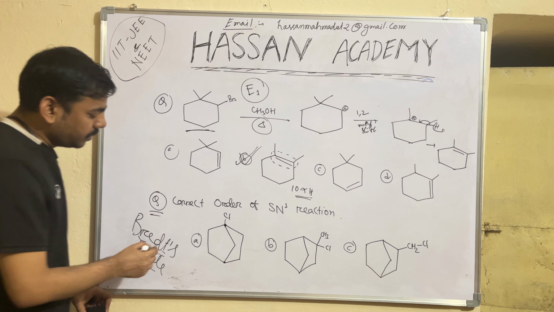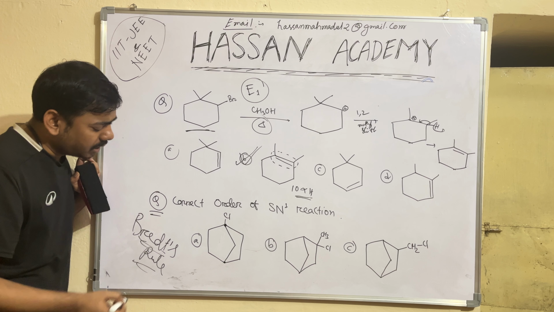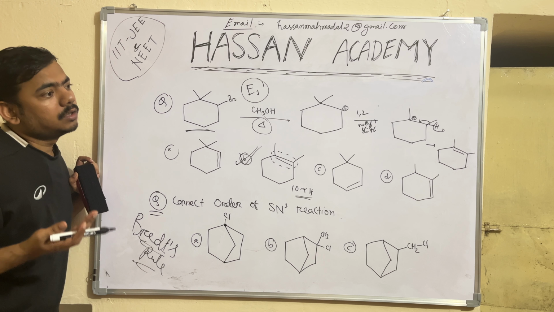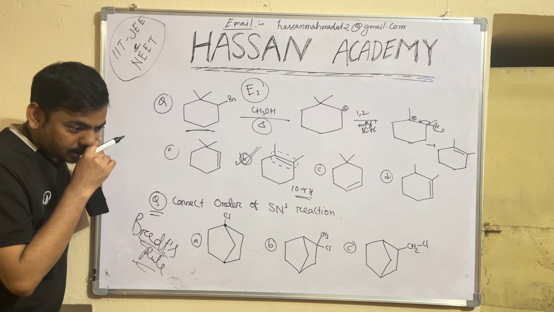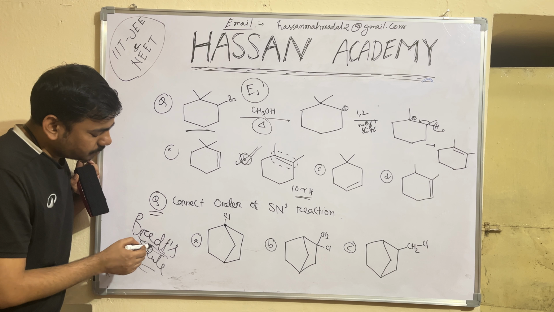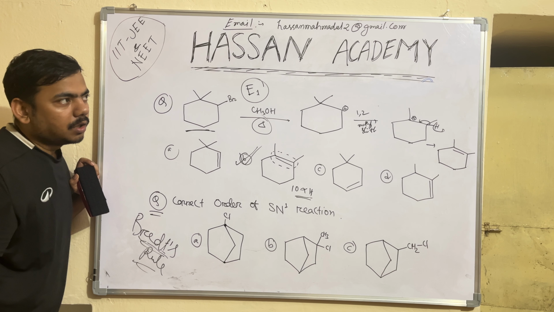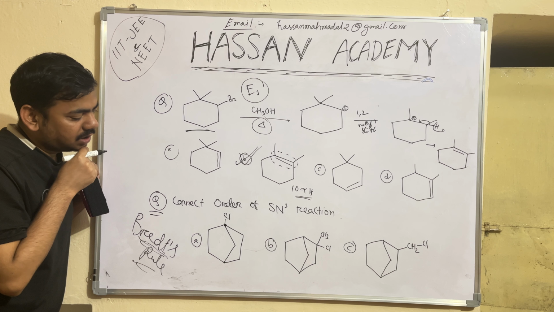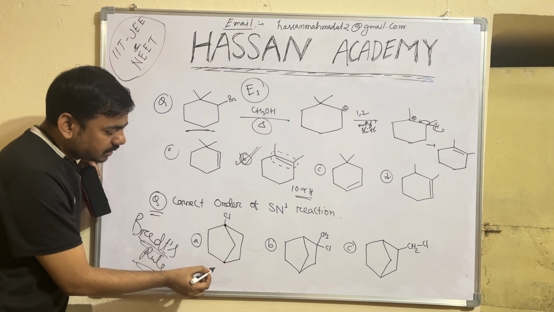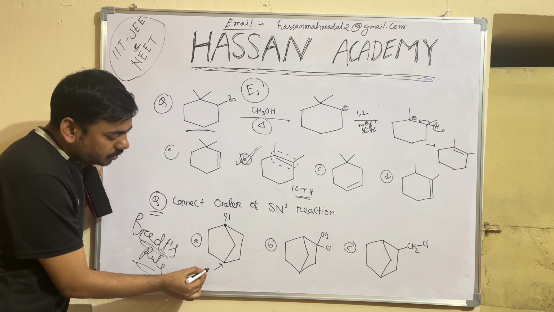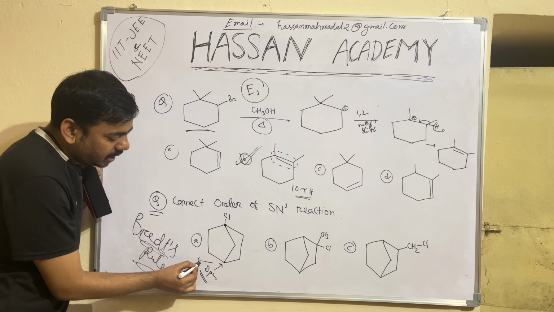Now what is Bredt's rule all about? I have seen students getting very confused about Bredt's rule, and they know a few direct statements which are not true always. Sometimes it's correct. They say that, sir, as per Bredt's rule, the bridgehead carbon should not have any positive charge, negative charge or double bond, but the original Bredt's rule is not like that. It says that the bridgehead carbon should not be sp2, or should not come under planarity,